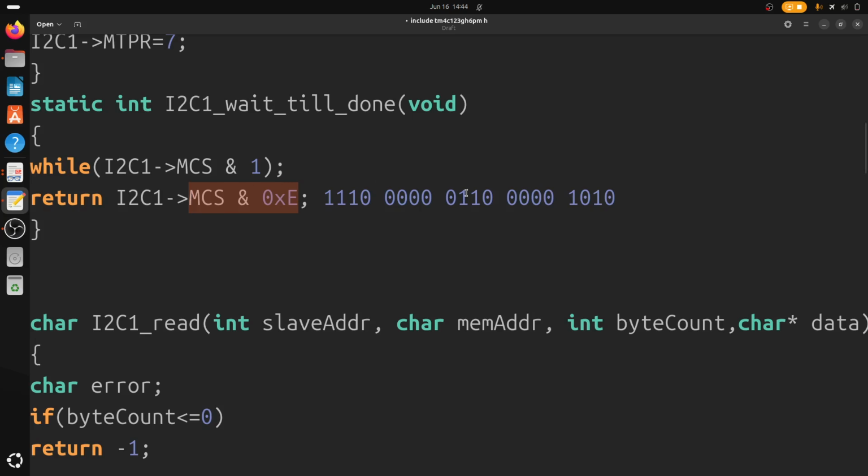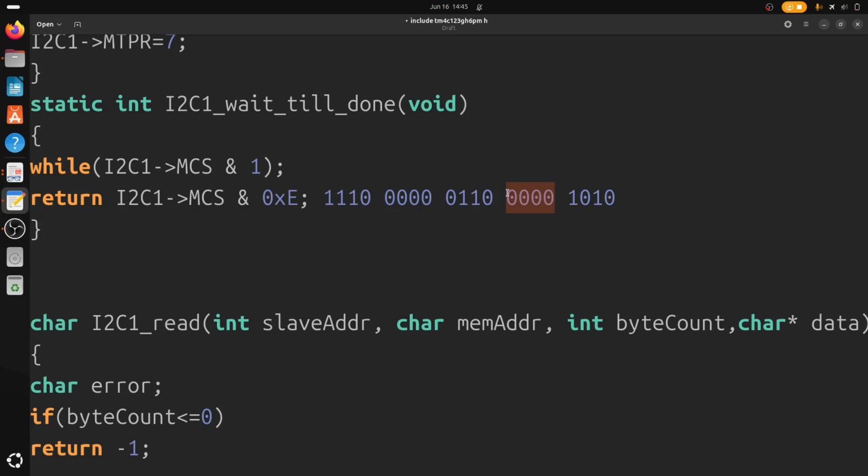So if the byte we are sending is acknowledged by the master, acknowledge means then that data bit will be 0. We are not checking address bit here, so it will be 0. Then error bit will be 0 because data is acknowledged. We are not checking BC bit because we are checking only the error. So this will be returned if the data so far sent is acknowledged by the master by pulling the